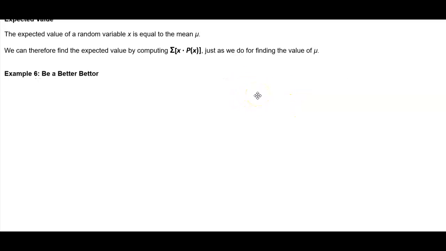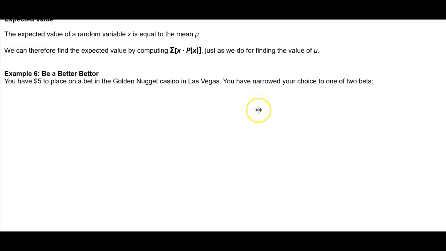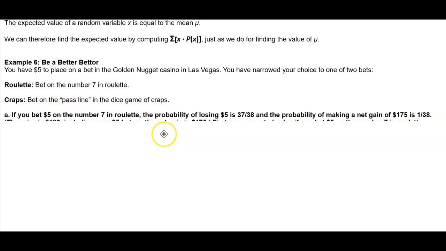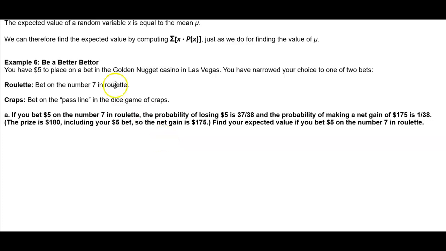Be a better bettor. You have $5 to place on a bet in the Golden Nugget Casino in Las Vegas. You have narrowed your choice to one of two bets. Roulette, bet on the number 7 in roulette, and craps, bet on the pass line in the dice game of craps. Now, in part A, it says if you bet $5 on the number 7 in roulette, the probability of